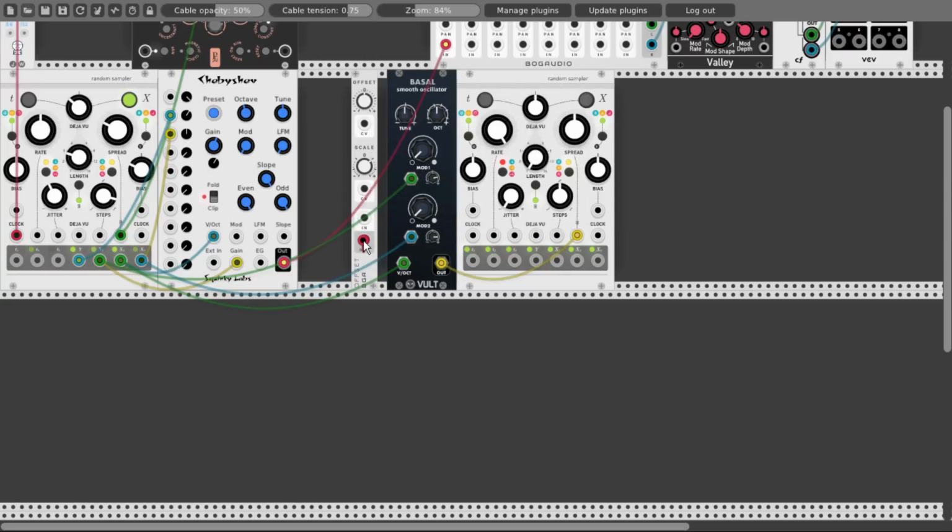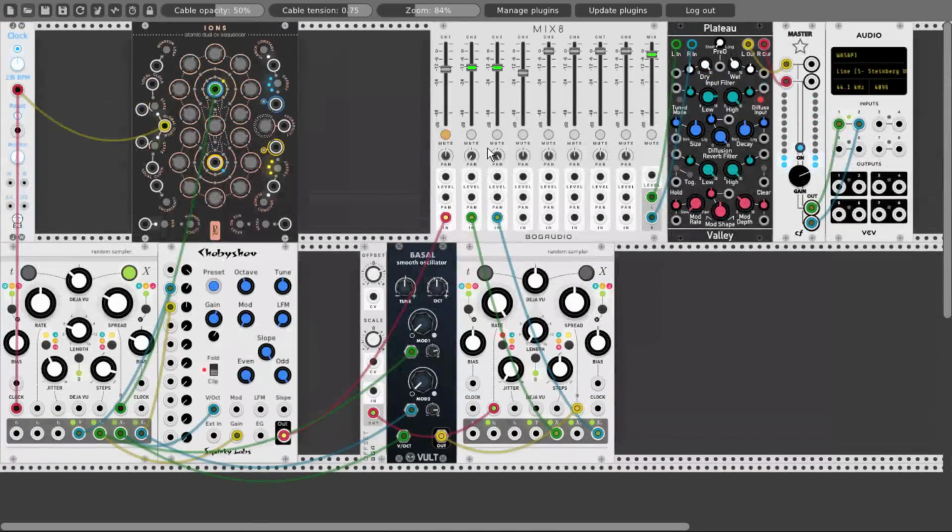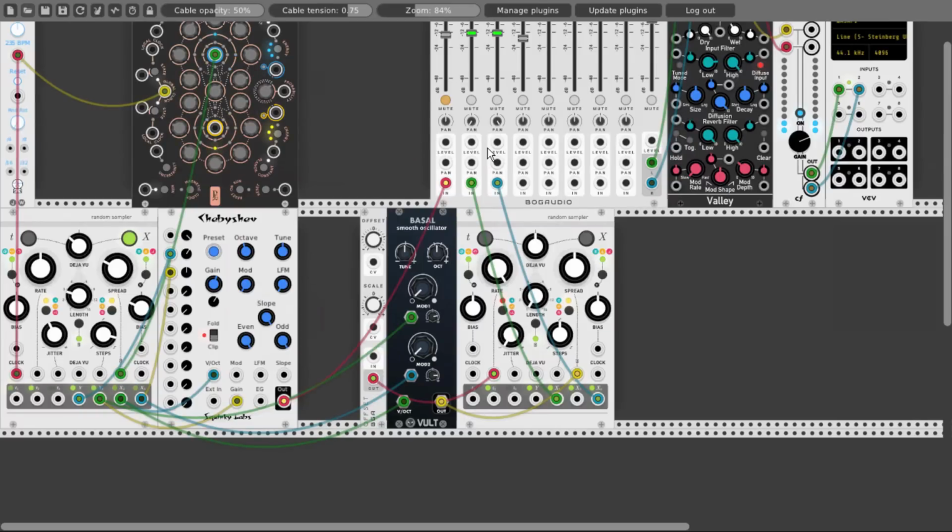So let's connect the output to the rate CV input of Marbles, and let's raise the offset to about this level here, and send X1 and X3 to the mixer, and let's listen to this. So there is nothing special about it, but again, we can use all the different features of Marbles and mess around with the sound even more.